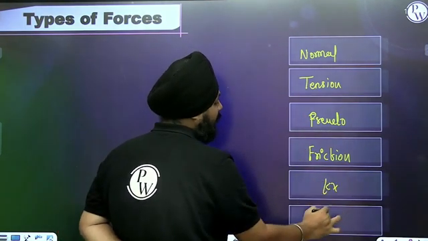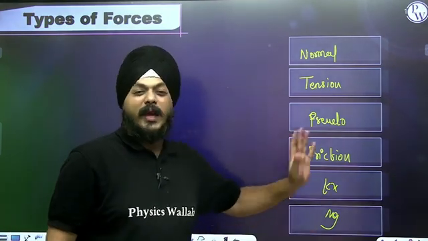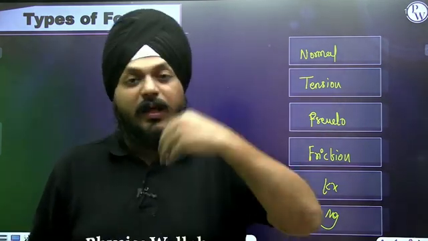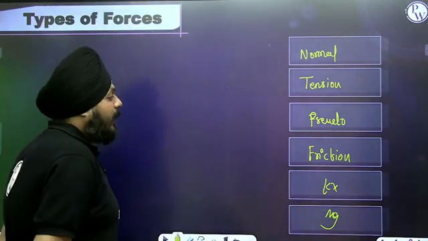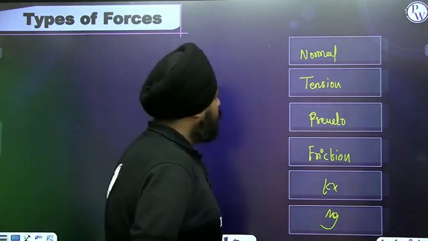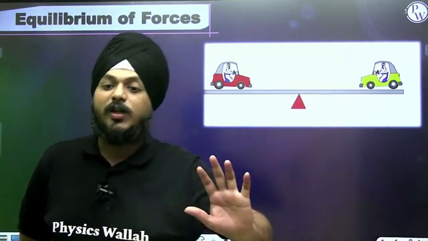One is kx and one is mg. But mg is very simple. Kx we are going to discuss in work, energy and power, because it is quite helpful while dealing with the sums of springs. So now we are going to start with the normal reaction, and before moving on to the normal reaction,